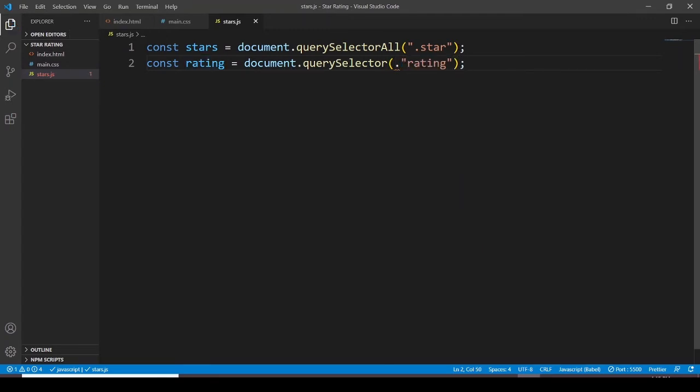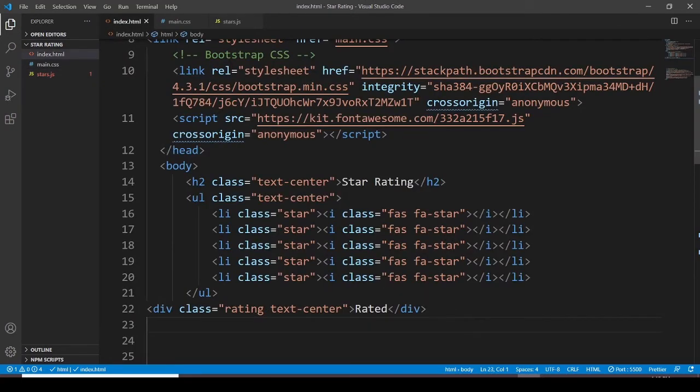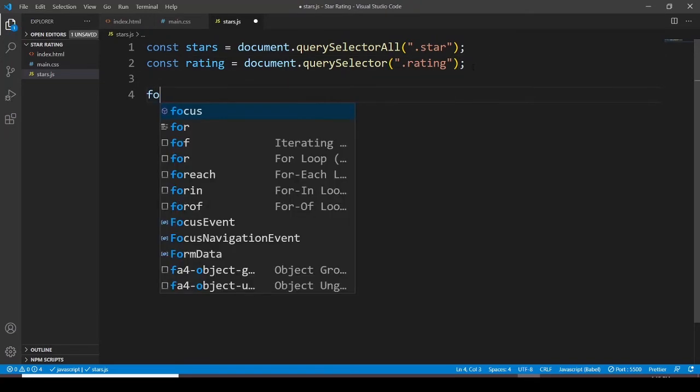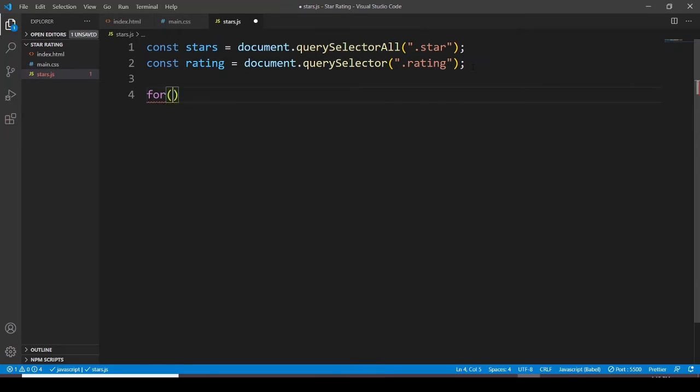And the rating is, here I said all because we have 5 stars, and the rating class is only, we have one class, so it is rating, and it should be here. And if we are going to get it by ID, then we have to use the hashtag here. Okay, now what we have to do, let's say for use another variable, let i is equal to 0 and